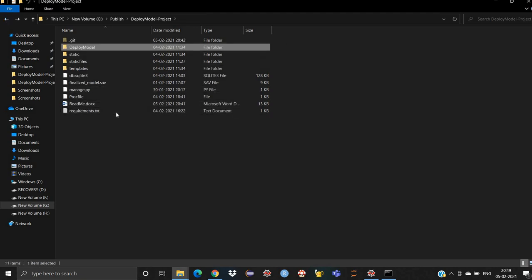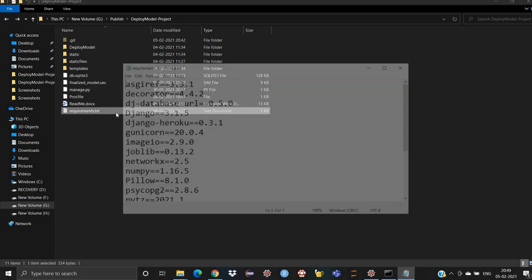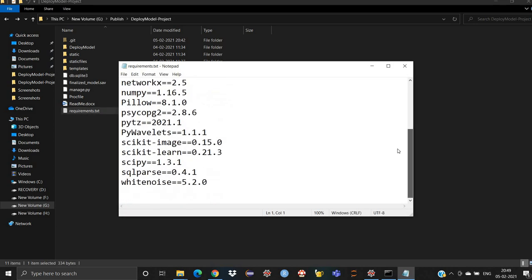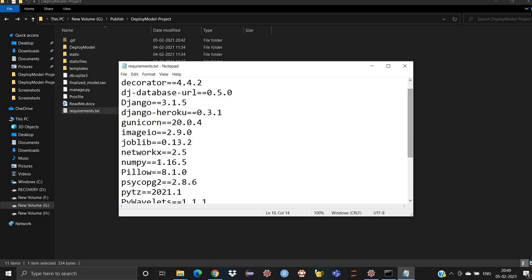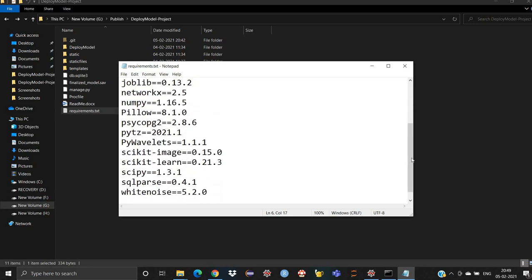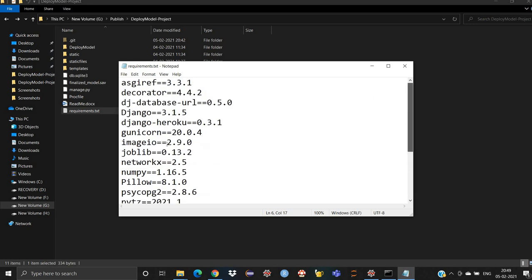Another thing is the requirements.txt file. In the requirements.txt file, you should have all the requirements which are in your project. For example, if you don't have numpy, it will show that your file does not contain the numpy library, or scikit-image, or scikit-learn libraries.